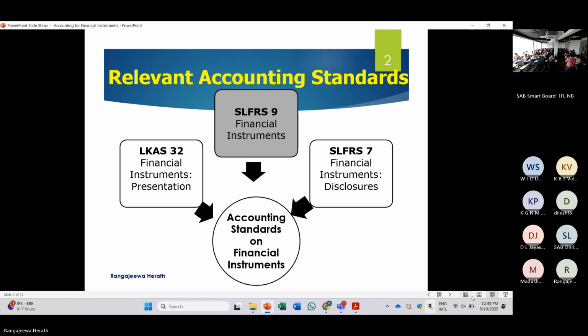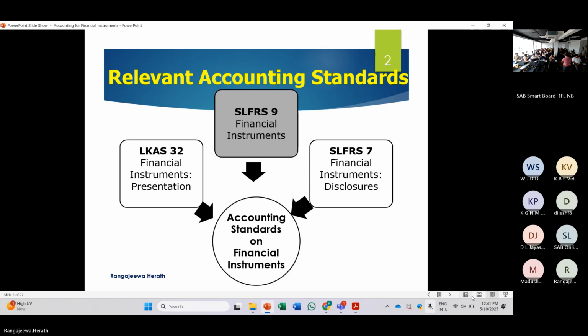So you can get the idea of how complex this area of financial instruments is, right? So actually, we can't cover the whole of financial instruments A to Z within the given time duration, right? But we will cover the core aspects of financial